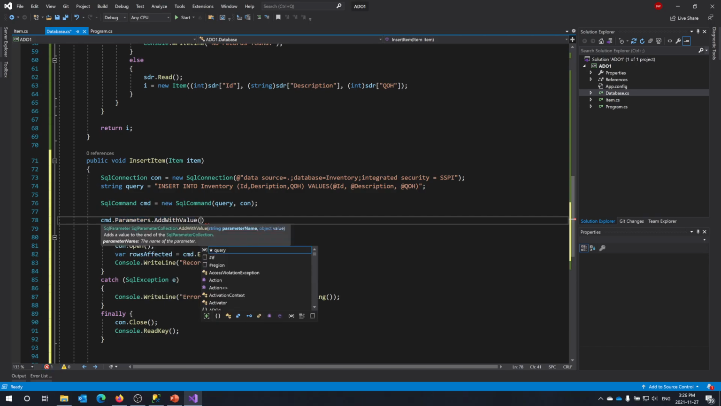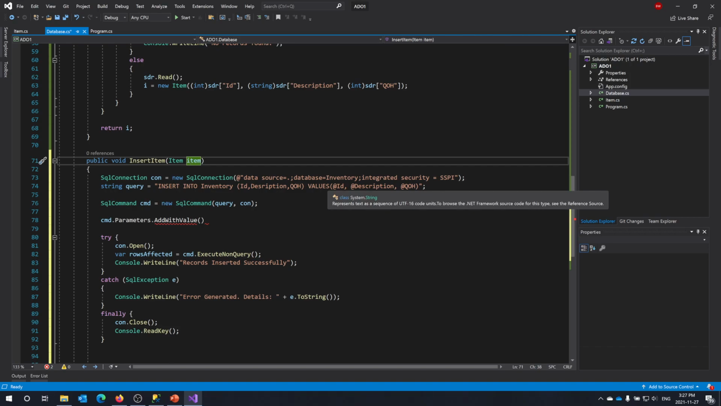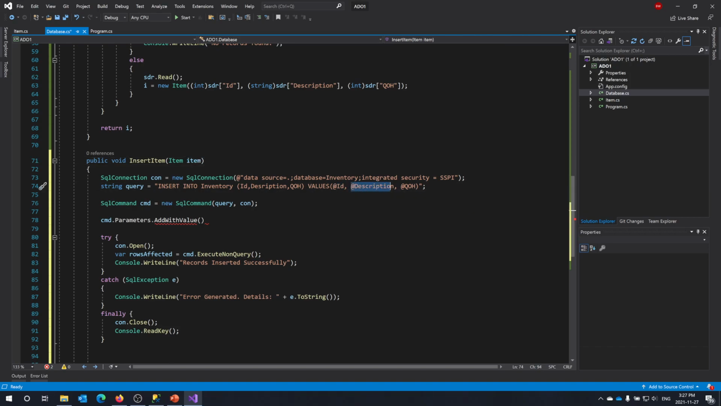Add with value. Okay, so we need to have 3 of these lines, right? One to match here, one to match here, one to match here. So we need to add those values. How would we add these values from this item that's passed in? Because I don't want you to just type what I'm typing, try to understand what's happening, right? What you're trying to do is pass all the values that are inside this item into these values here. So add with value,